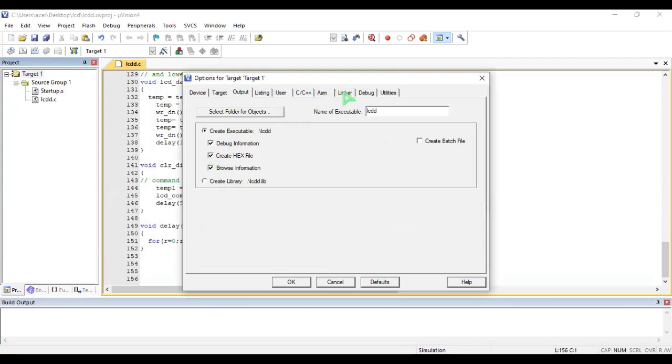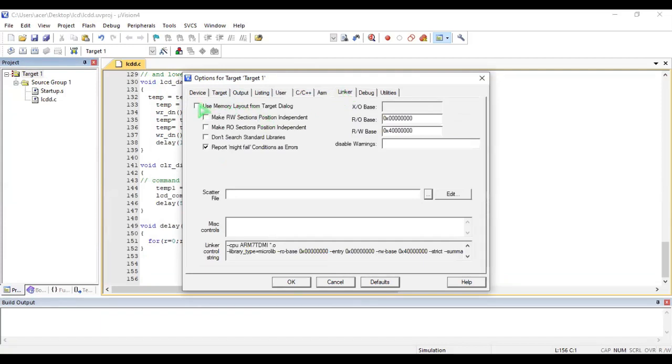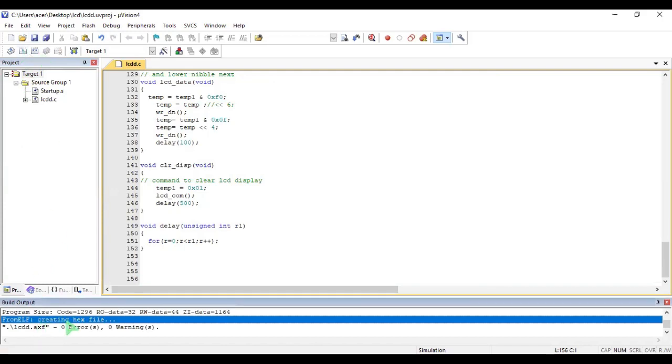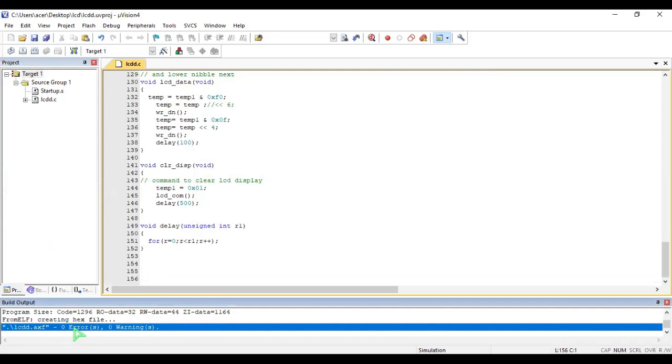And next, in linker, click on use memory layout from the target dialog. Okay, click on OK. And next, I will build the target. Here it is creating the hex file, and I'm having 0 errors.